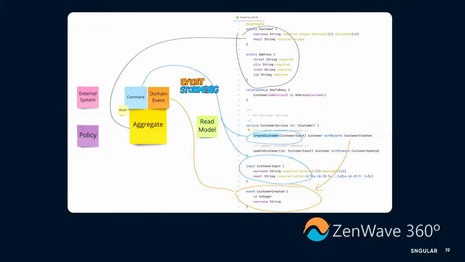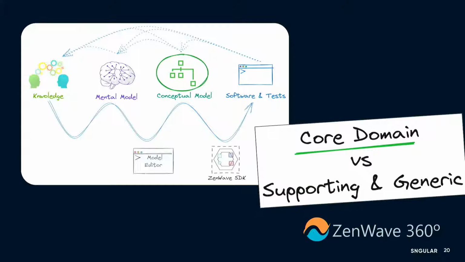It's a language which is developer friendly. It's very easy to get if you are a developer, but it retains the language of your business that you discovered during the event storming sessions. Because it's machine friendly, we can use it to generate different software artifacts that we can assemble together to build applications in no time.